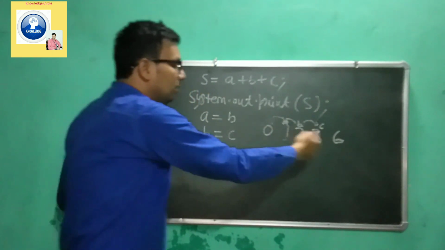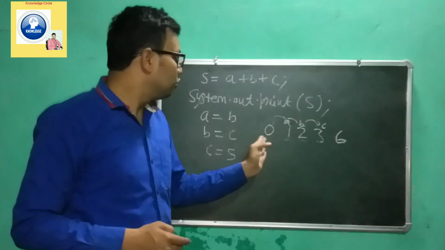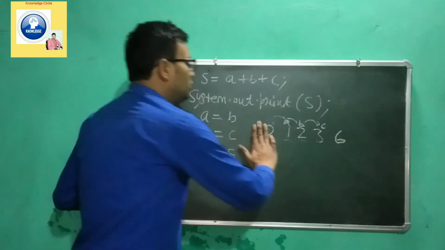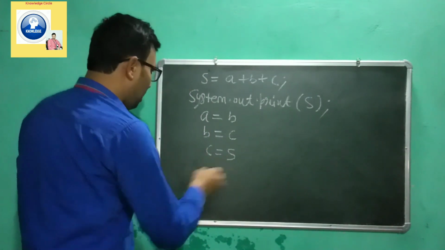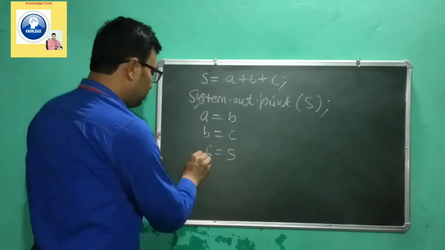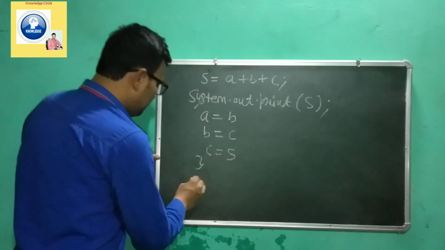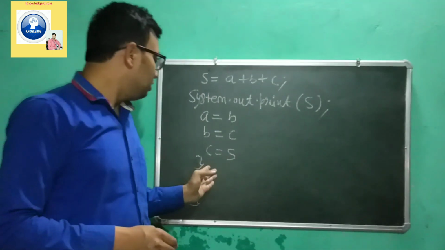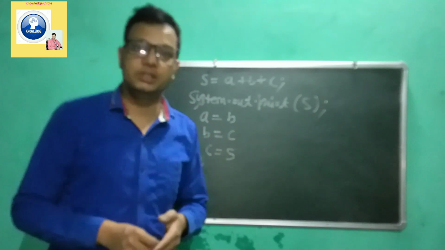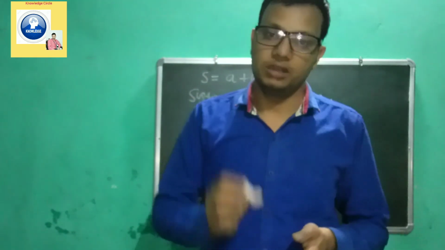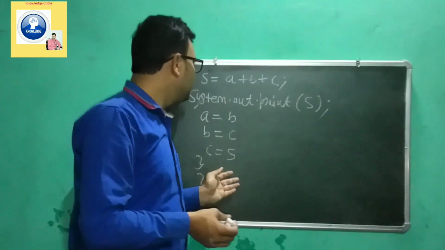Every time after calculating the sum, you have to shift one number next, so that your Fibonacci series comes out properly. Now when you do this, you have to close the loop. Okay, this is to be done every time. After closing this, you have to close the class, and you have to close the main function. So this is the program of Fibonacci series, where the next number is the sum of the previous three numbers.